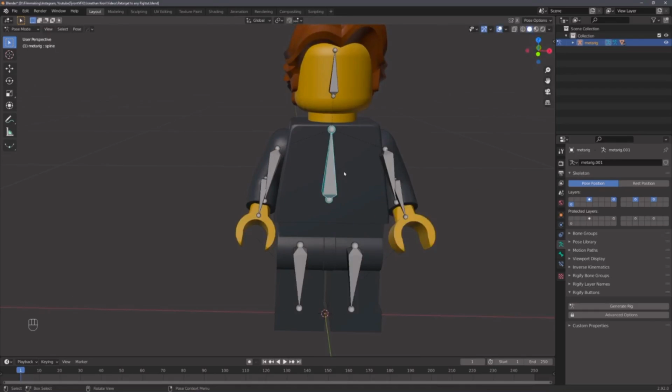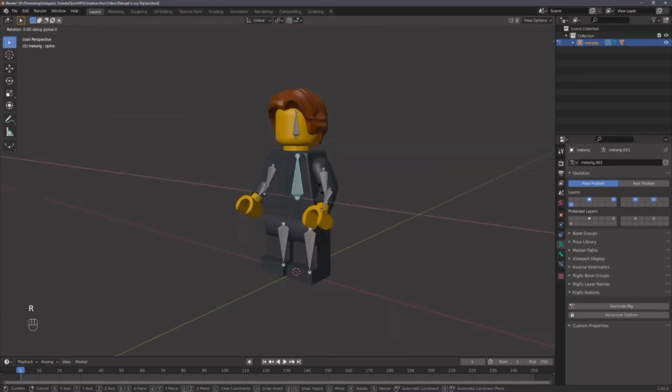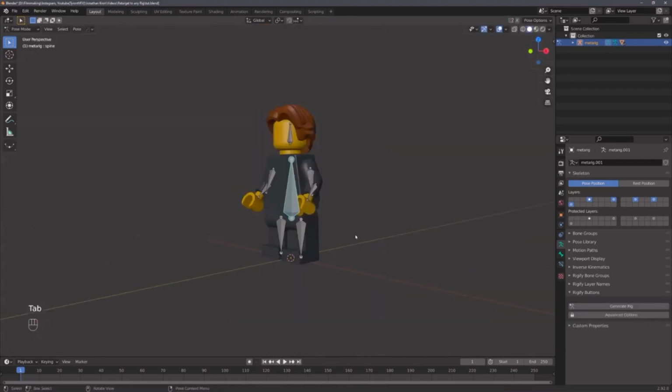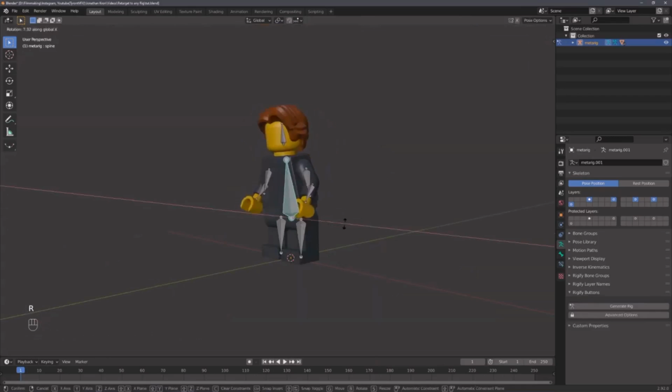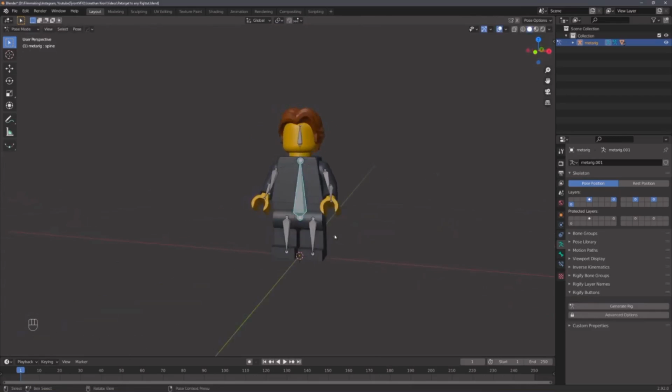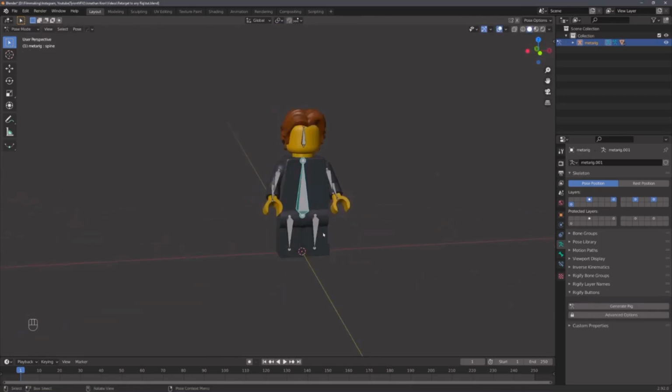Why do we need constraints? Well, we can see that this bone should only be controllable on the x-axis. Now again, this should only be controllable on the x-axis. If we would go ahead and animate it by hand, we know this, so